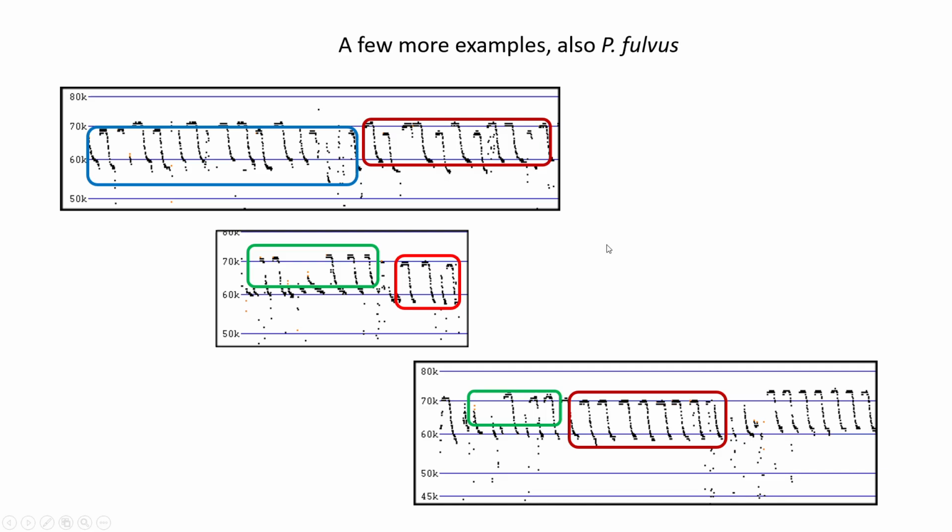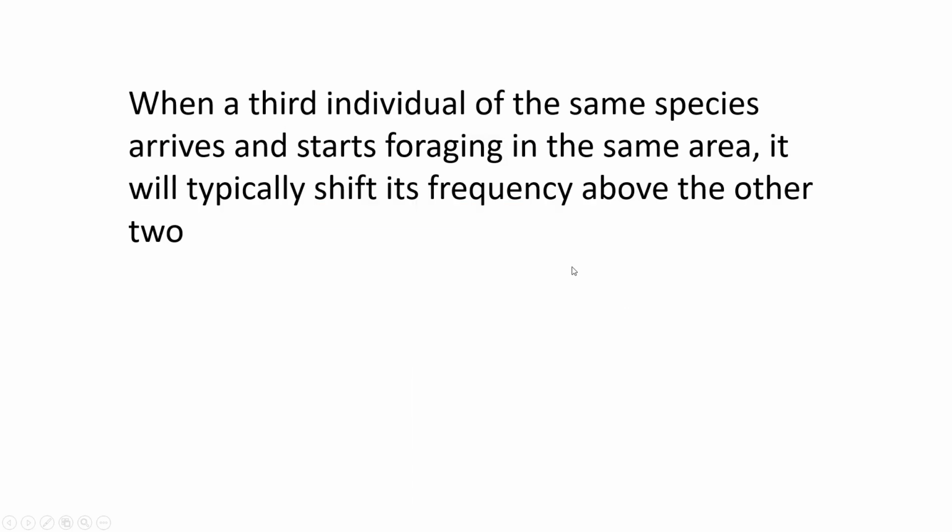A few more examples from the same Pteronotus fulvus from northern Central America. It used to be called Pteronotus davyi. Here you can see one with the lower frequency, but you can see calls interspersed of the higher frequency bat. So we have two individuals of the same species that shifted their frequencies. Another very clear example, here the shift wasn't quite as much, and here we have the same thing again. It's not limited to the Pteronotus. And also I should point out,